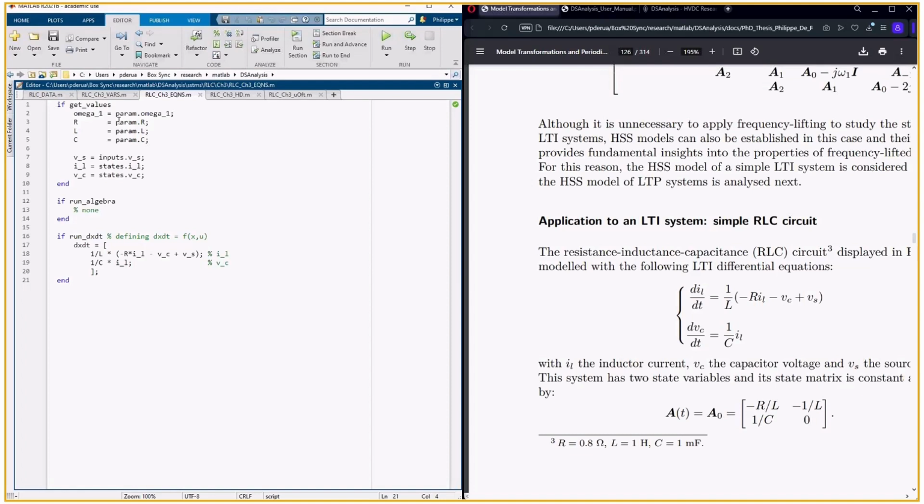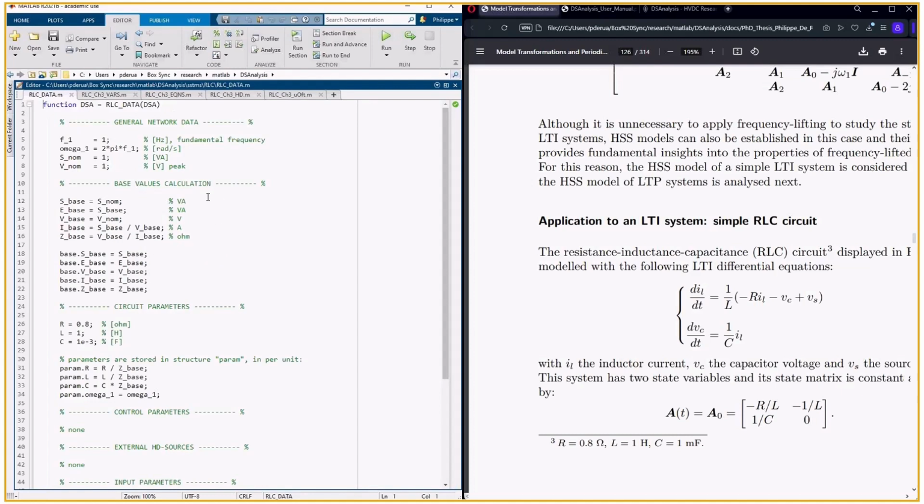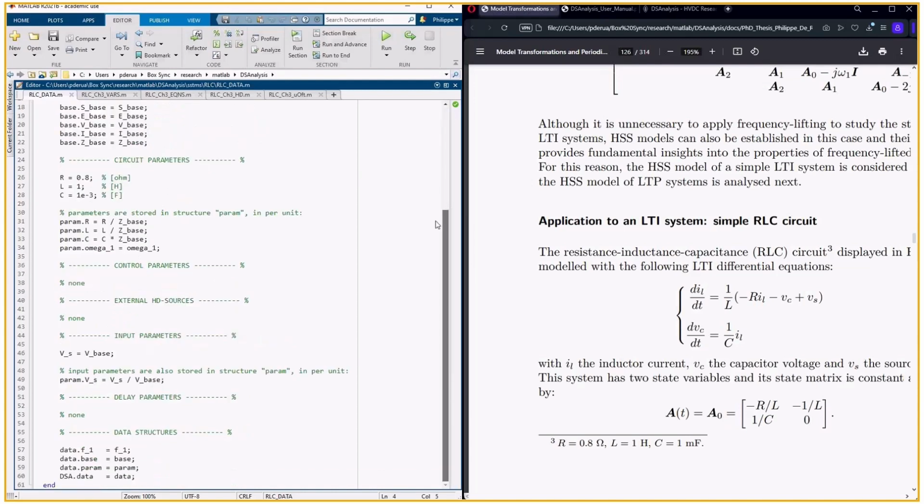So this is a good moment to see how the parameter structure is defined. All the numerical values are written in this data file. Naturally, here you'll have a lot of flexibility as a user. You can write this set of data in any way you want. What is important is that a number of structures have to be